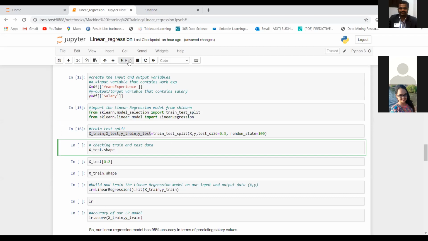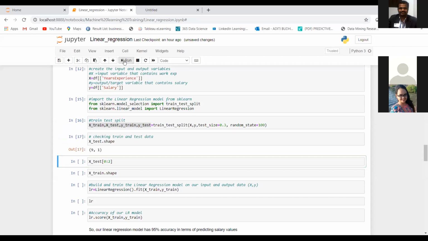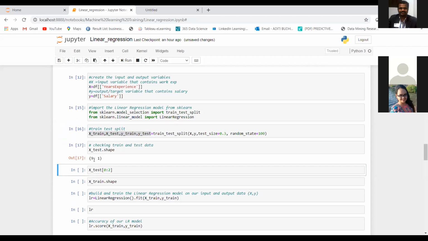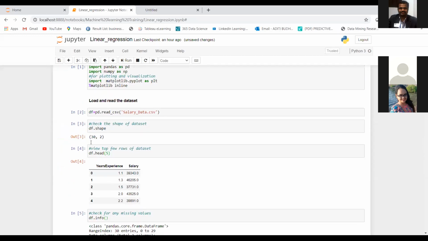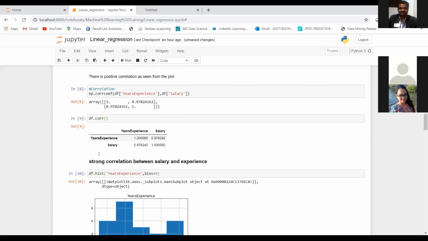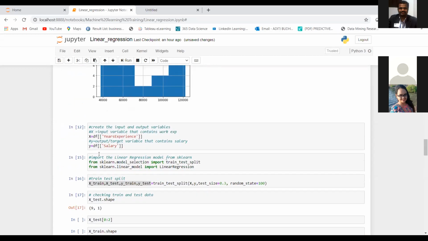So now let's check the shape of the X test, that is the testing data set. Here you will see we got 9 rows. Do you remember how many rows we had in our actual data set? See over here, we had 30 rows in our total data set.